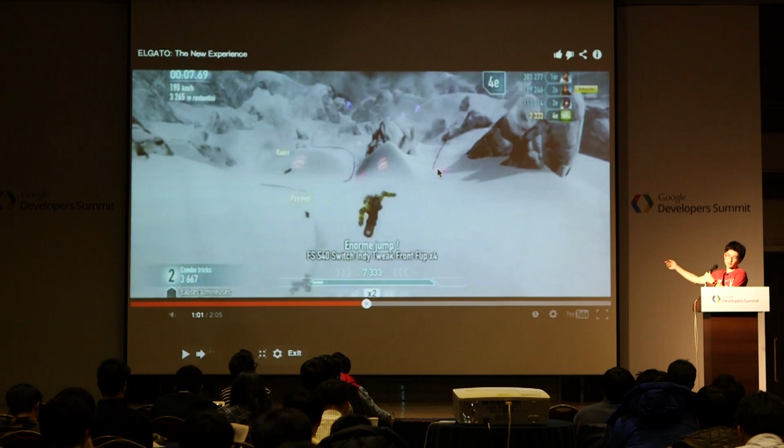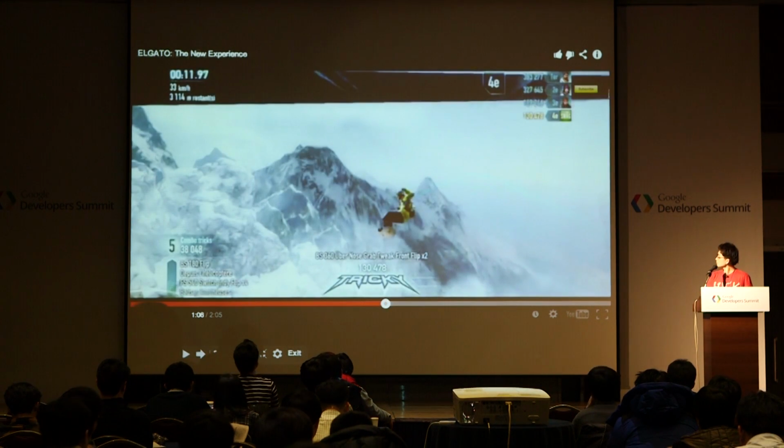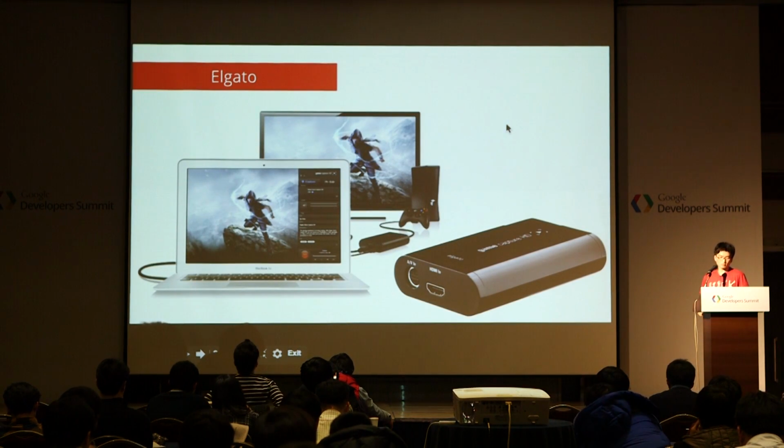All it's showing is only the recorded video using the Elgato gaming device. But how can I go to the next slide? But what I want to